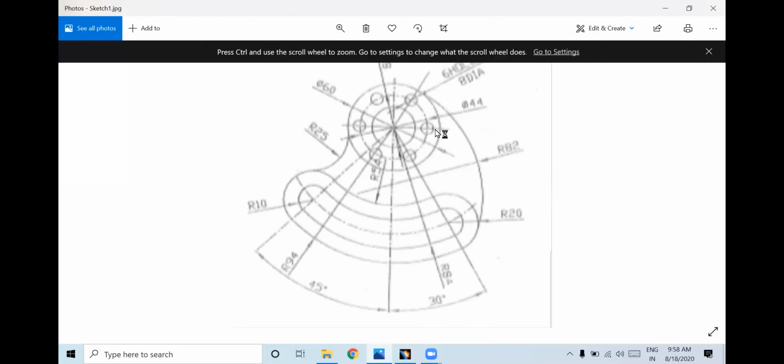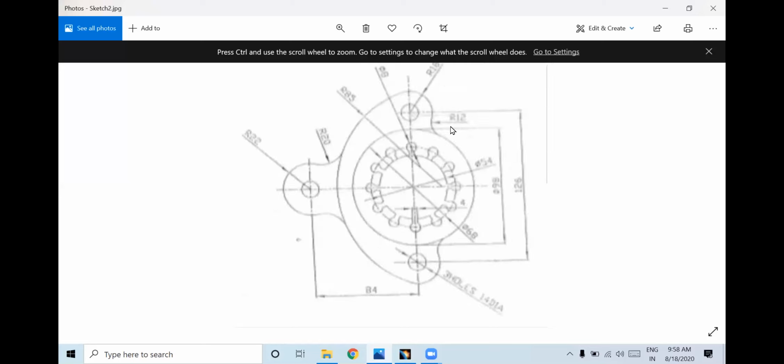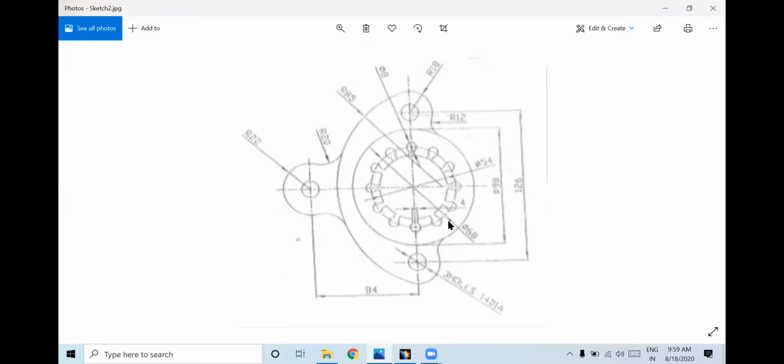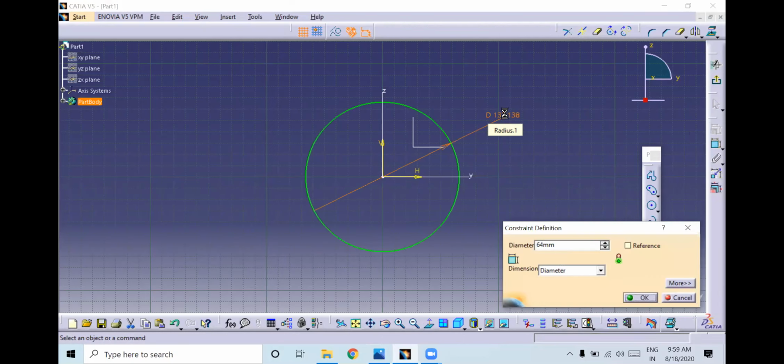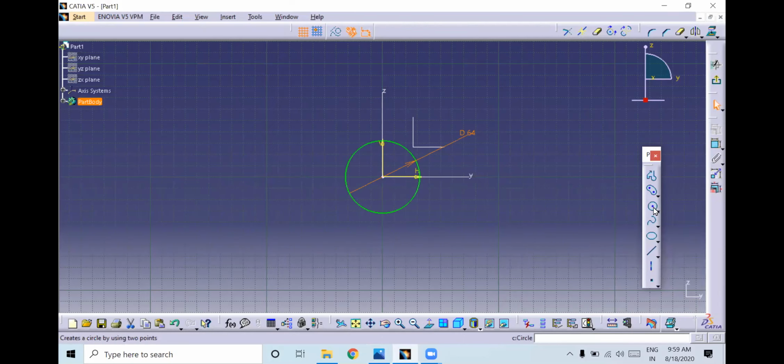Here, what is the dia of this? This is the inner circle. See, outer is 68 and this is 54, right? We'll draw these two. Go to circle. What is the dia? 68 and 54.